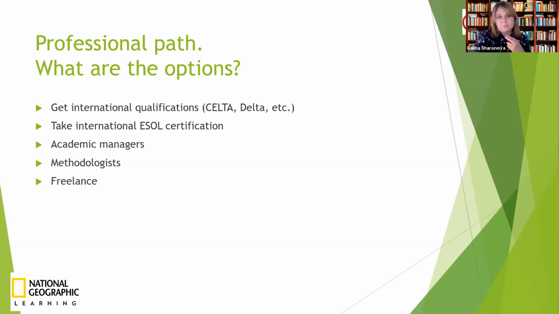Then some of us may choose to go freelance and also to find our niche. Maybe you love teaching young learners, maybe teaching very young learners is your passion, or on the other hand, English for specific purposes, business English and academic English are your areas of interest. Then again, it can help you develop professionally. And again, you may switch to something new, something different anytime you want.